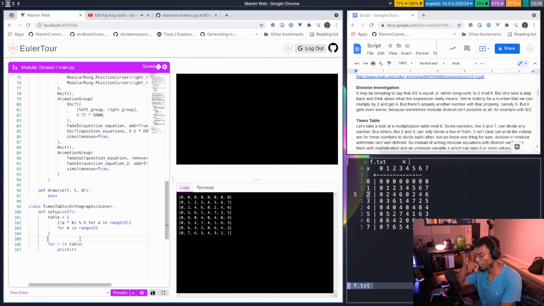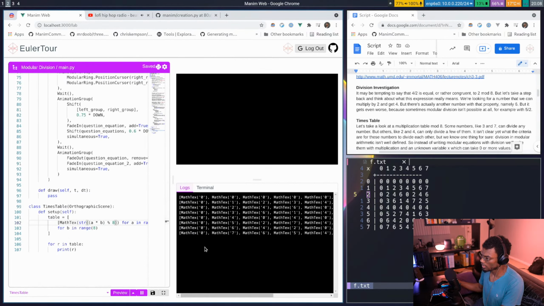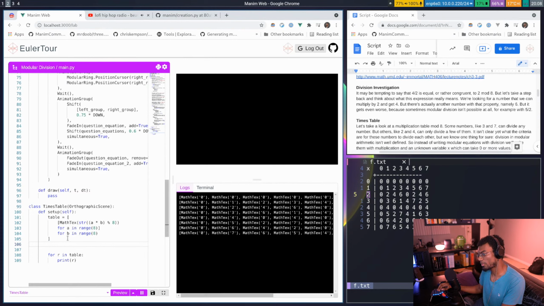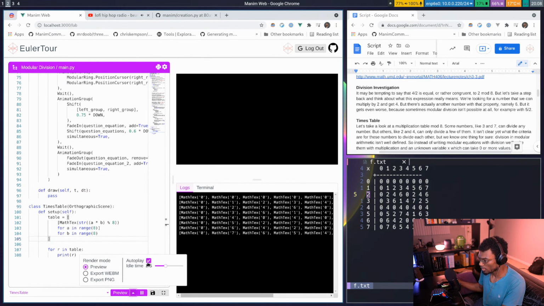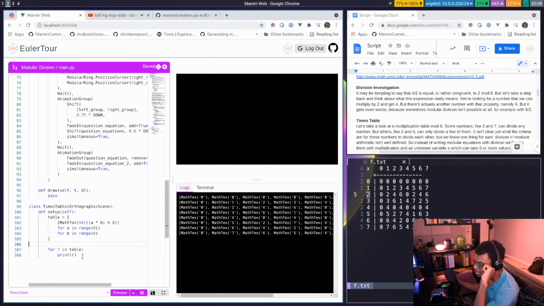Okay, so how should I do this? I think all I need to do here is make these MathTex objects of like string of this. Okay, so that's the array of MathTexs. Then I'm going to want to move them into position. This formatting is weird. With the lists and the two for loops. So maybe what I want to do is say, so I'll stop doing the autoplay. For each row in this table,